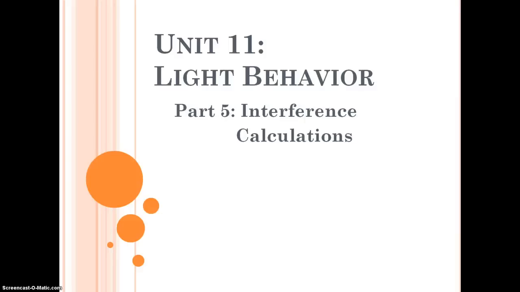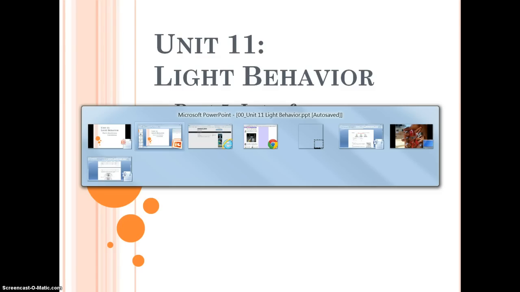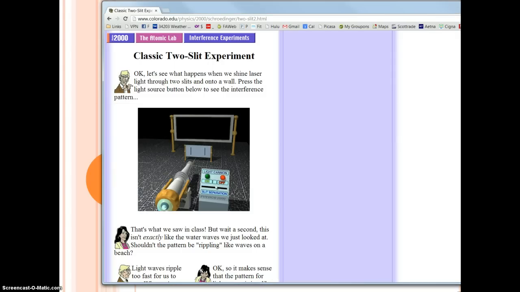In this last section of light behavior, we're going to look at the calculations that go along with interference. So the first thing we're going to look at is actually a little animation right here. And on this animation, what you're going to see,